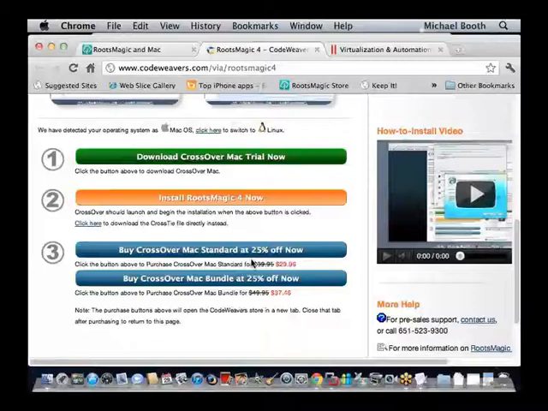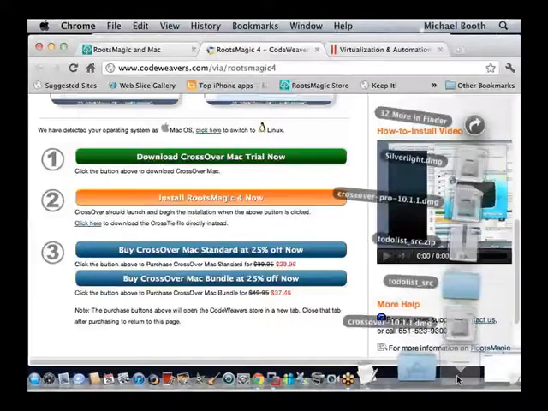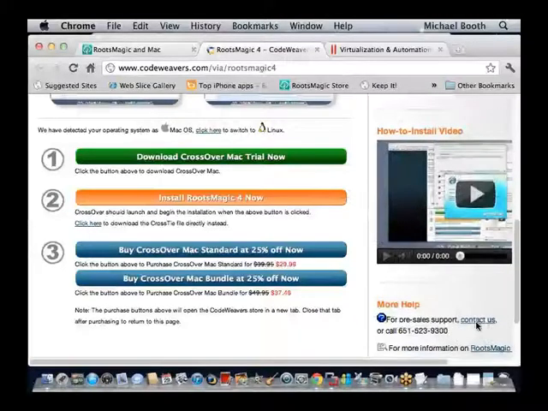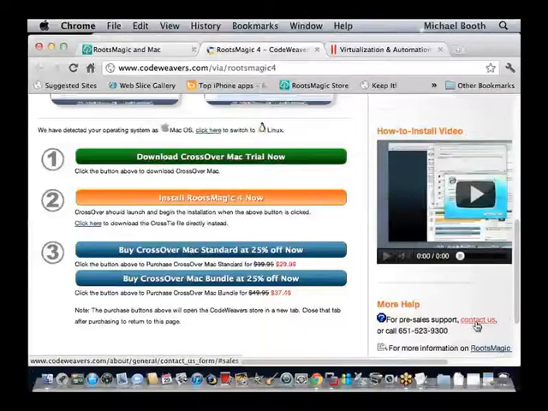Now how do you install Crossover on your Mac? First thing you want to do is to go up here where it says download Crossover Mac trial. Go ahead and download that. I'm not going to download it here because it's about a 60 megabyte download, so I don't want to waste your time looking at it for 2 or 3 minutes as it installs. So I'm going to look at, this is what I downloaded. And so once you download it,